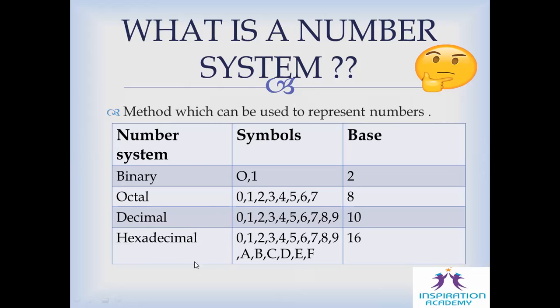In hexadecimal number system, every number from 0 to 9 and the English alphabetical letters from A to F are the symbols, while the base is 16. So, it is clear that the number of symbols is the base. It means, for example, let's take the binary number system. 0 and 1. There are 2 symbols. So, its base is 2.